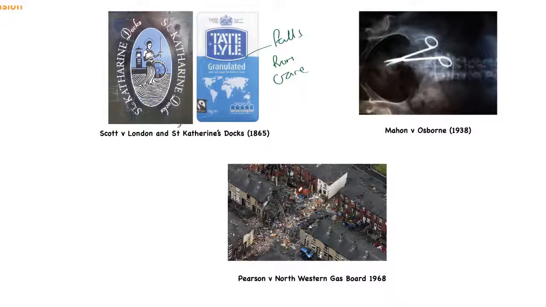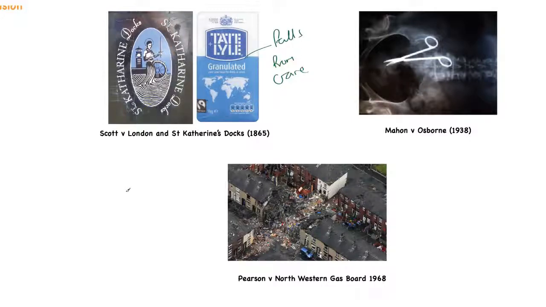Since the three stages are fulfilled, the claimant doesn't have to prove his case. The burden of proof moves to the defendant, who has the opportunity to prove that they were not negligent. And they do that by demonstrating there was some other explanation for the accident. So therefore, in all fairness, that's going to be difficult for the docks to prove. There's no need for the claimant to demonstrate that.